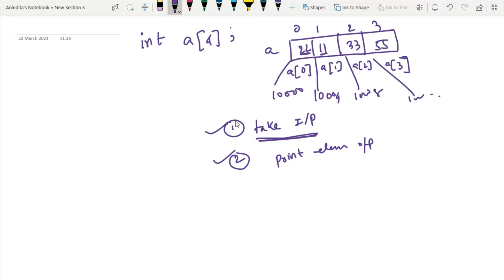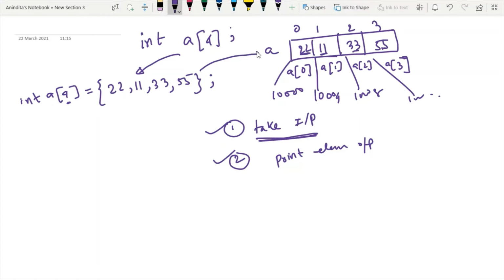The simplest way is to first define the array, and while defining you can put the values using curly braces. Say inside this array I want to keep 22, 11, 33 and 55. So I will put these values within the curly braces in order. If I write the elements in this format, immediately the array will look like this. This is the first technique.